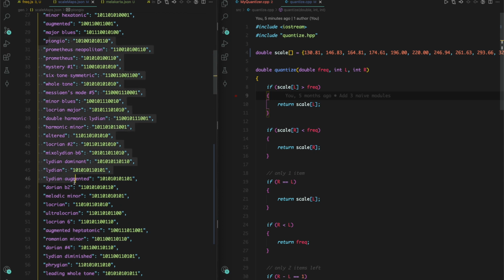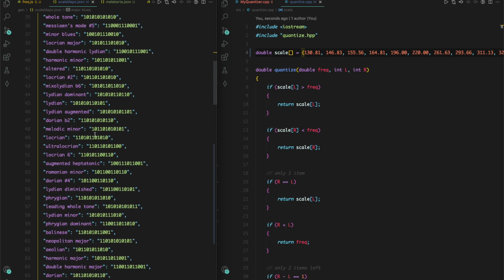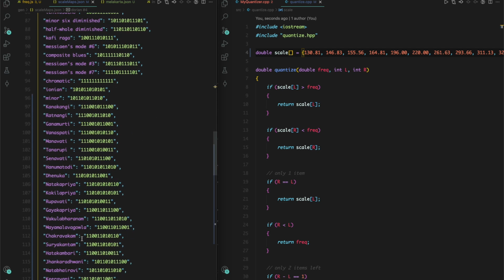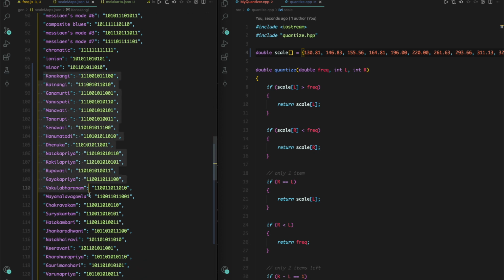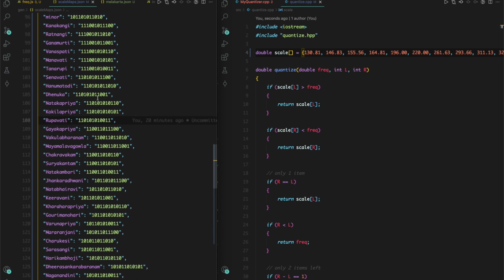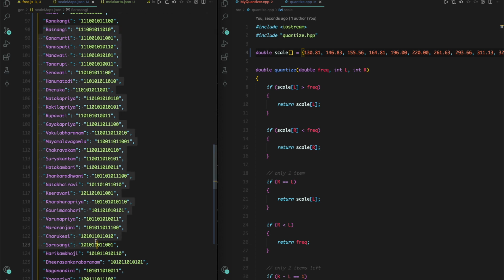So I have a bunch of Western classical oriented scales, but what I want to introduce as part of this module is, let me scroll down, I just added a few new scales from here onwards, and these are based on the Melakarta raga system from the Indian classical Carnatic music. I'm not well versed with classical music or Indian classical or anything like that. It's just that I found a Wikipedia article where it talked about these various, there are about 80 of them, by the way. There are these 80 ragas, and they have their own flavor, each of them.